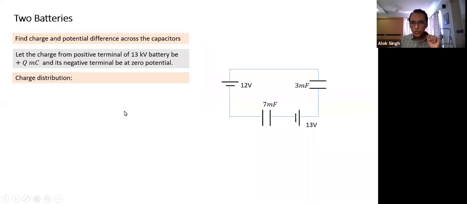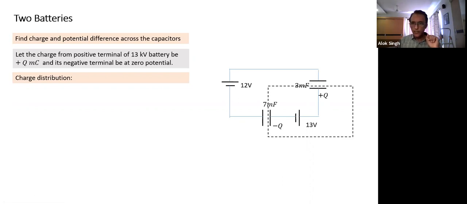So what is the charge distribution? We said this will get plus Q charge. Where does it come from? It has come from minus Q charge. Both ways you can say the battery has transferred plus Q charge to this plate, it has transferred minus Q, which is not a great definition. Better is to say it has transferred charge Q from this plate to this plate. But once this has plus Q charge, for uncharged capacitors, net charge has to be 0. If this has plus Q charge, the other plate has to have minus Q charge.